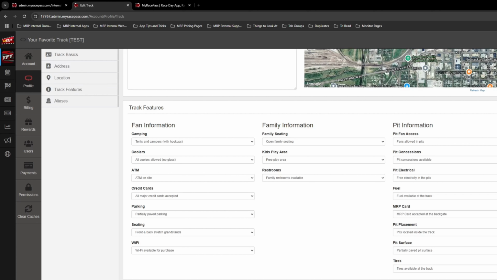And then the last part here is going to be this add alias portion. You cannot put an alias in directly yourself, but you can certainly click on this, request an alias that sends a message to us here. And then we just take a quick look at it, make sure it makes sense, and we put it in place for you. If we don't think it makes sense, we're going to get back with you fairly quickly and just say, hey, we don't want to go with this because of this, or we just want to verify that